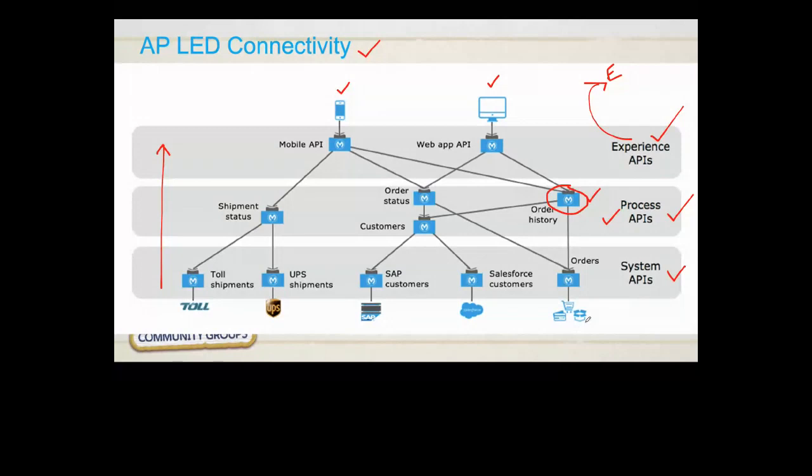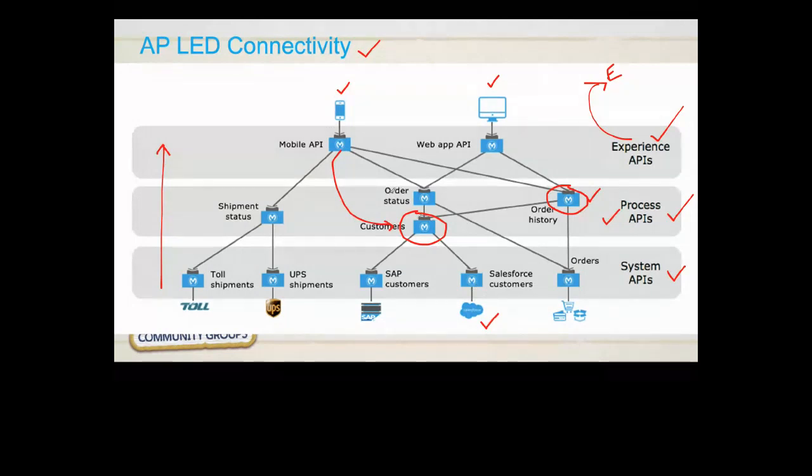Now for this system API, what we actually do is, we've got Salesforce customers, right? Suppose that we wanted to expose the customers from Salesforce. Instead of directly enabling these developers to access Salesforce, we are going to develop an API for Salesforce. We'll say Salesforce customers will develop an endpoint from where they can access the customers. And then in the process API, we'll again develop one API which will say customers. And then a developer needs to access this API. They don't need to access the system directly. That is one thing that is basically coming into the picture as a middleware.